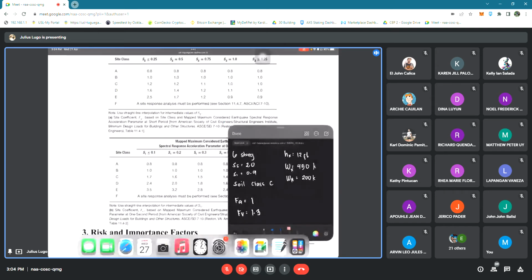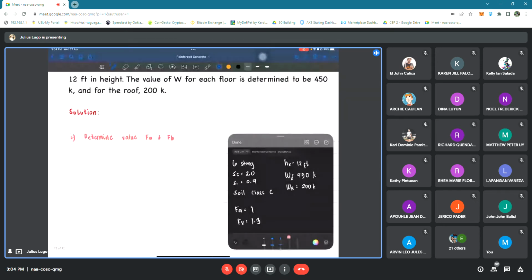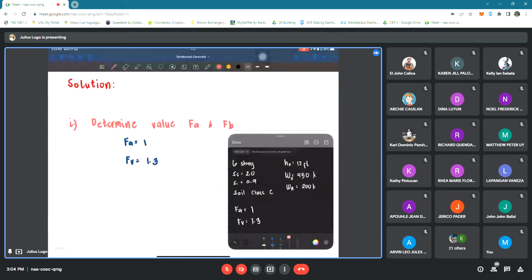Okay. So going back, I'm gonna use another color. So your Fa now is equal to 1, while your Fv is equal to 1.3. Okay. What is the next step? So the next step is actually